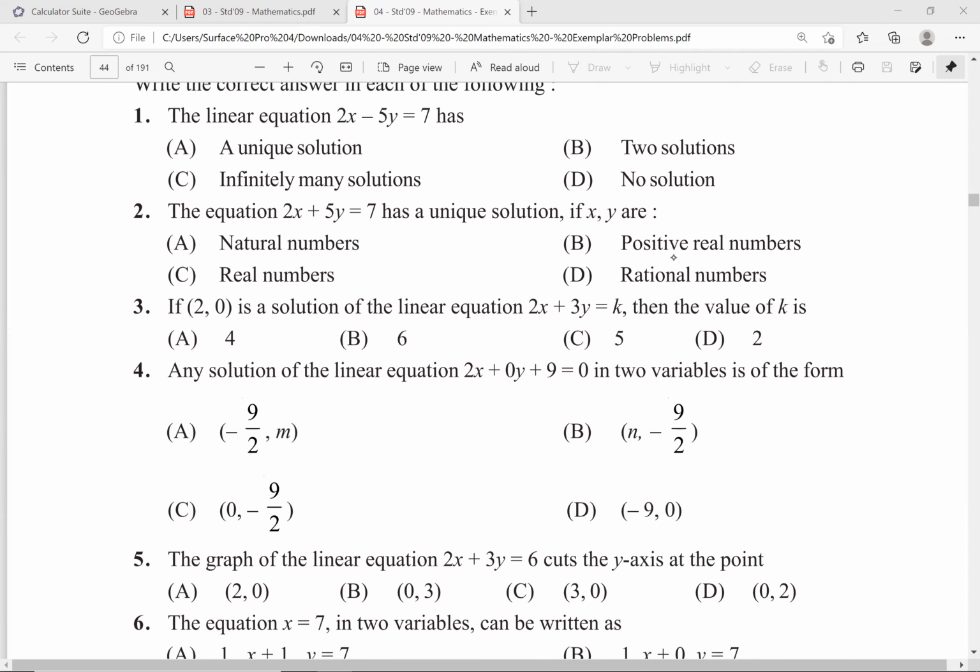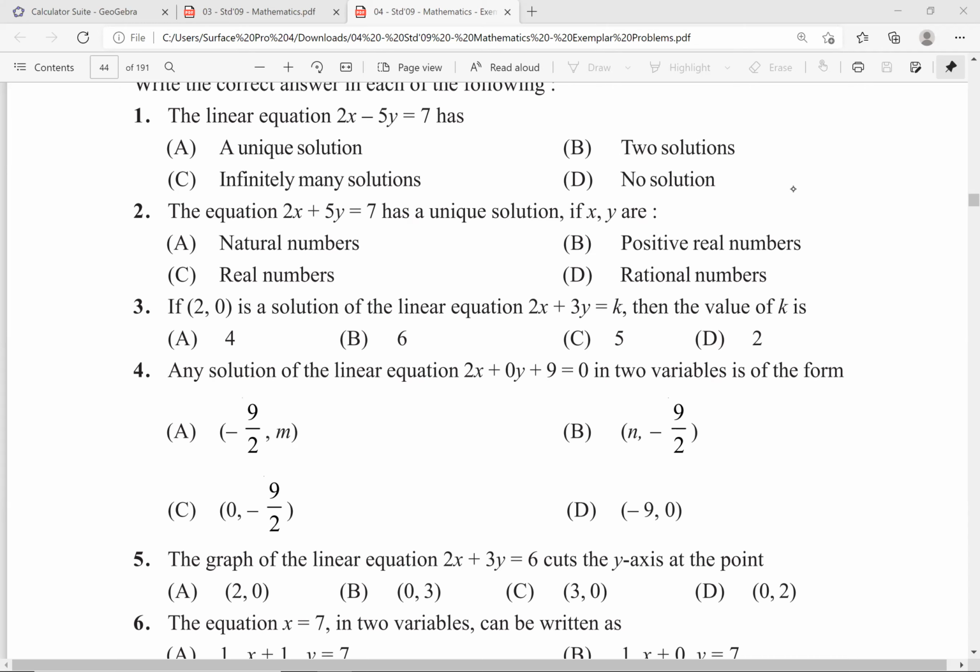The problem is I am not able to use that annotate option this time. I'm not able to write on the PDF this time. Just a minute. Okay. Anyway,